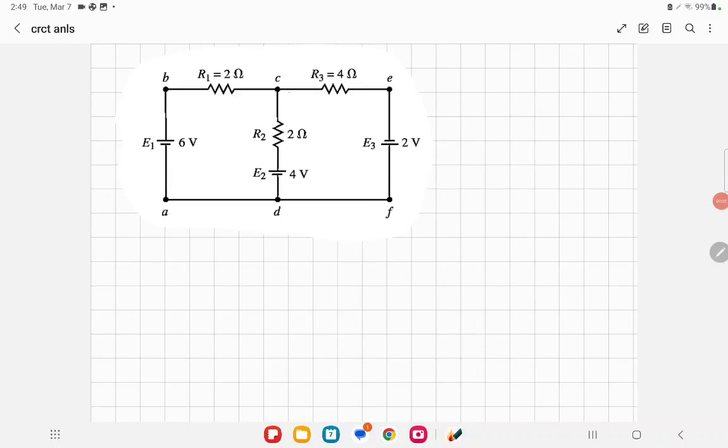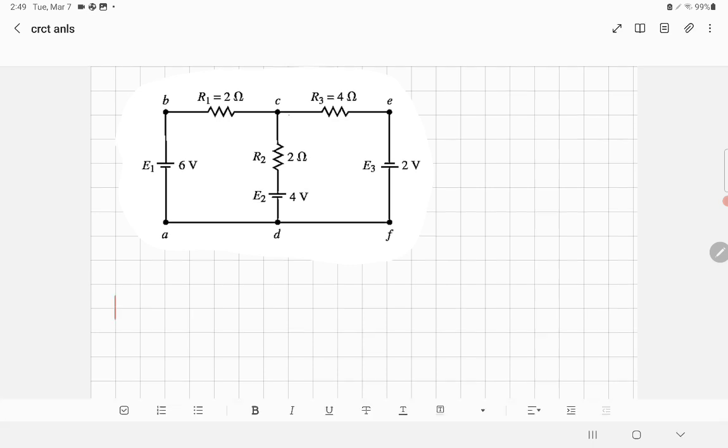Hi, this video will show a method to analyze an electric circuit powered by a DC source. In this circuit we have two independent loops, and to solve the circuit, first you have to assume the current direction in each branch. So in this case,